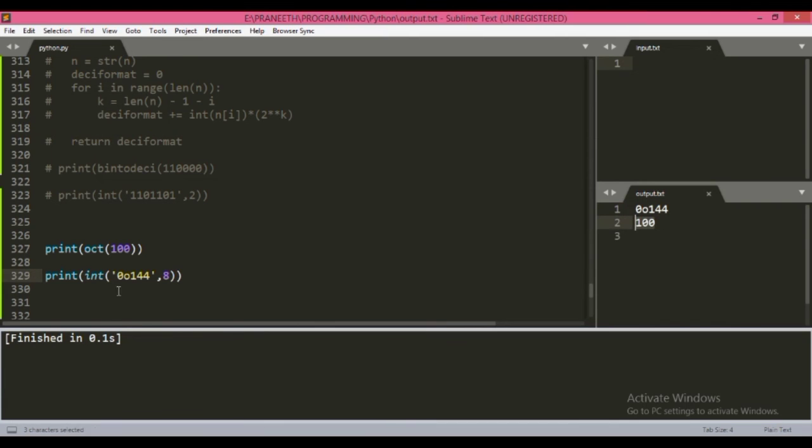Here you can also see that 0o can be seen as the indication of an octal number. This 0o can also be put into the string and it doesn't give any error. If you only put 144, then also it is correct. If you don't put it, then also it is correct. Both ways can be used.